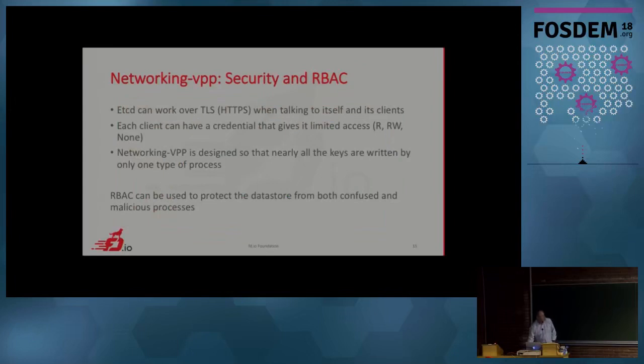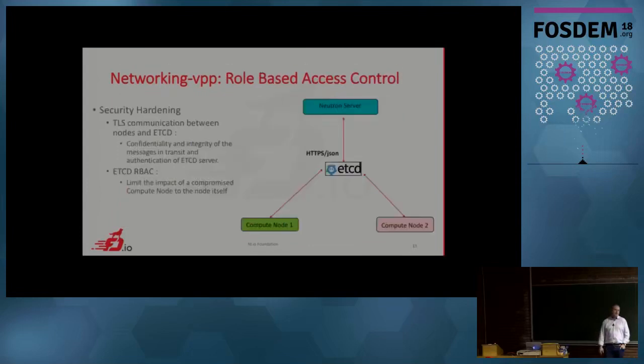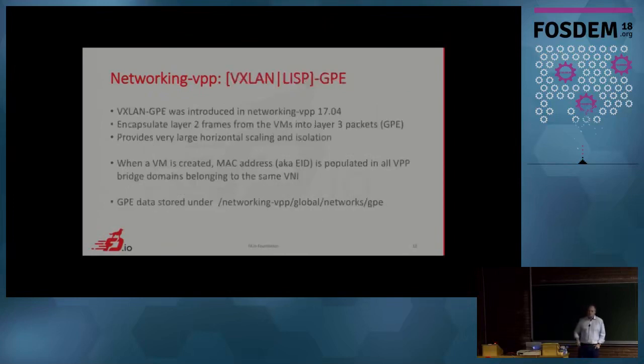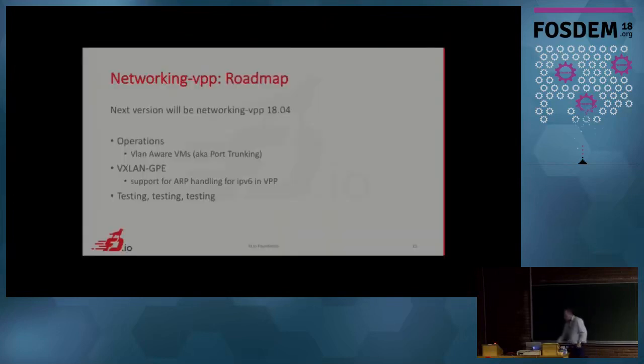Security, we have role-based access control. Only a few compute nodes come with write rights, and you cannot write and read anything in etcd otherwise. So basically, if there is a malicious compute node for some reason, then you are sure that the database cannot be overwritten by someone who doesn't have the rights. So that is another cool feature. We have these JSON web tokens that can make sure that the states which are written in the database have been written by the right compute node. So we have all that, right?